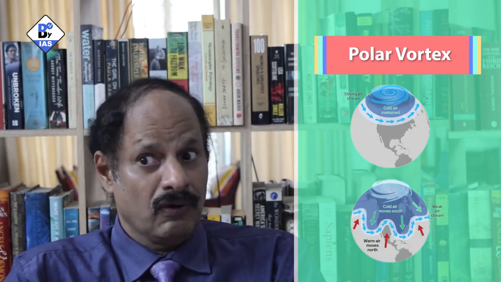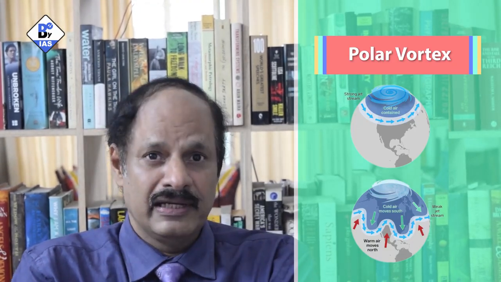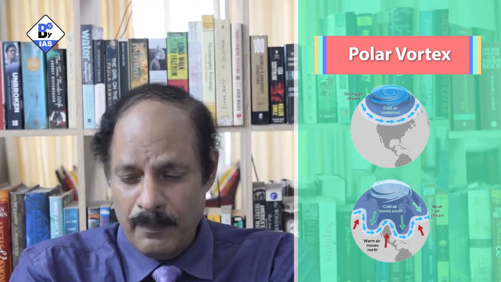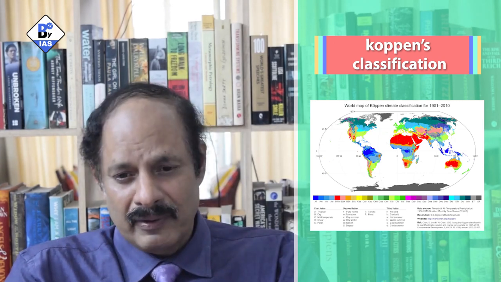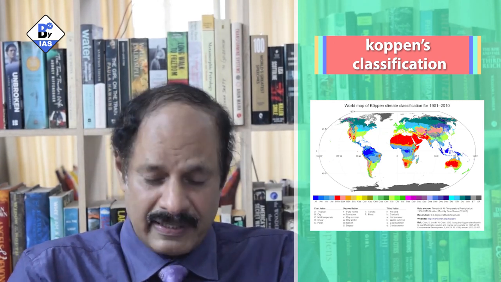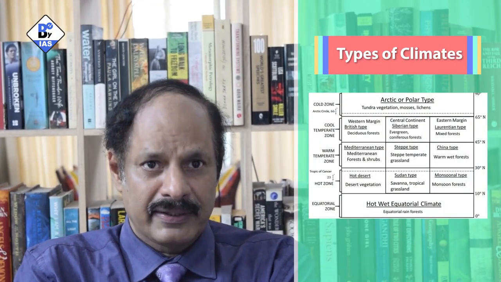Another important topic in this chapter on climate is the polar vortex. It can be questioned directly or indirectly, so be very clear on that. And then, of course, there can be a mixed question on Köppen's classification, India and the world. Please be very clear, and focus more on the Mediterranean climate, because